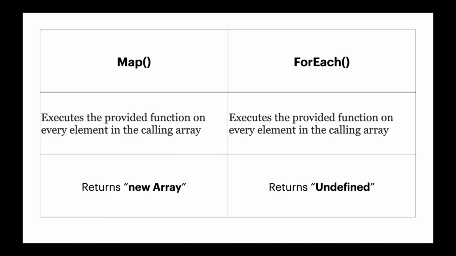One of the most important differences between forEach and map is the way they iterate over each element in the array. Map returns a new array, whereas the forEach method returns only undefined. It does not return any new array. So this is the most important difference. Whenever we just need to iterate over the array and perform some operation, and we don't need any new array, we should use the forEach method. And whenever we want to create a new array from the existing array, we have to use the map method. So let's see some examples.